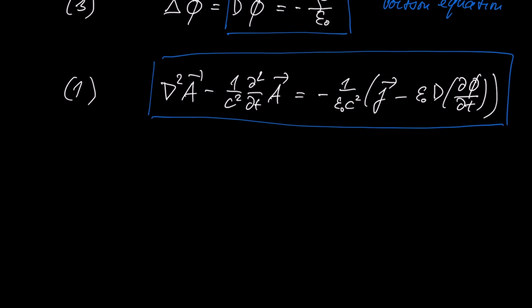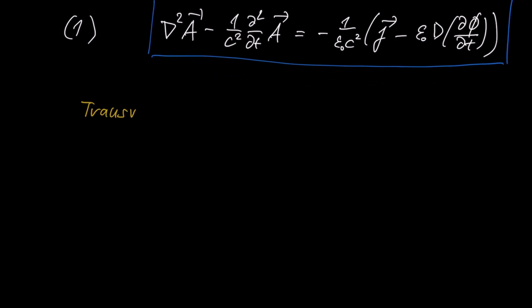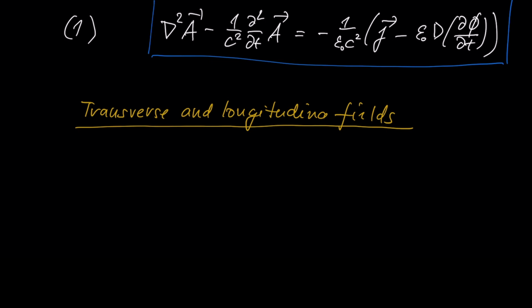spectroscopy. We also want to separate from each other the part of electric and magnetic fields which pertain to the radiation, and the part of electric and magnetic fields that pertain to, let's say, electrostatics. This is usually done by considering transverse and longitudinal fields. So if we consider an arbitrary field A, a function in space,